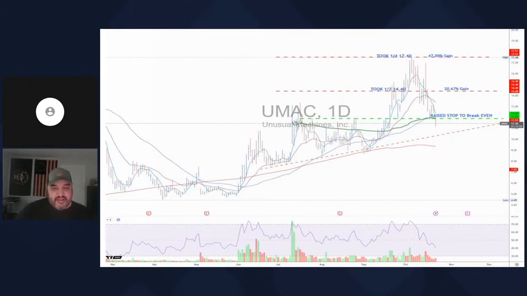That's basically a W bottom neckline break through 11.91, and we were looking for 14.40 first. That was a 20% gain, and then our secondary target was 17.40, 17.50. We took a quarter there for a 47% gain, and I was looking for a pullback and a move back to